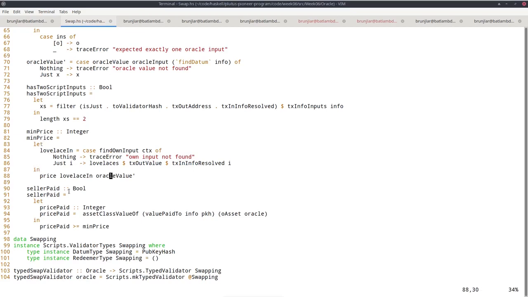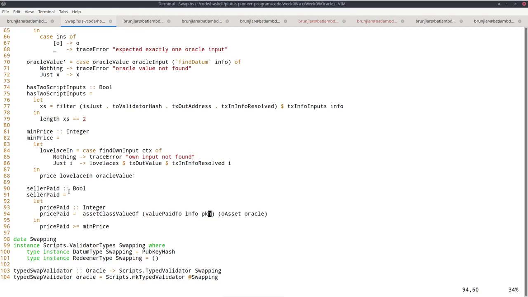And then we can define this seller paid condition. So first we check how much he did pay. And there's a helper function in the Plutus libraries called value paid to, given info and a public key hash. It adds up all the values of all the outputs, the public key outputs that go to this address.